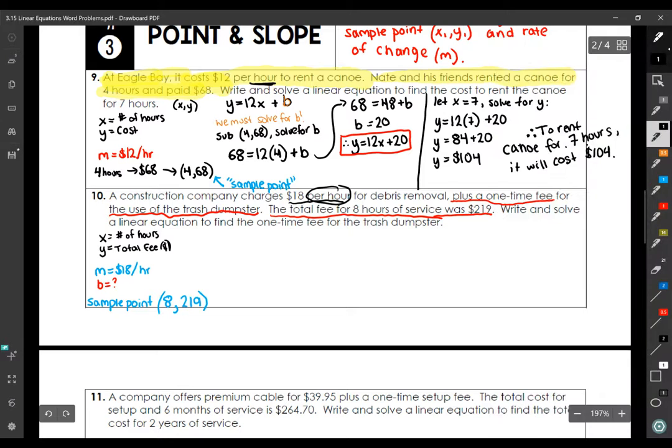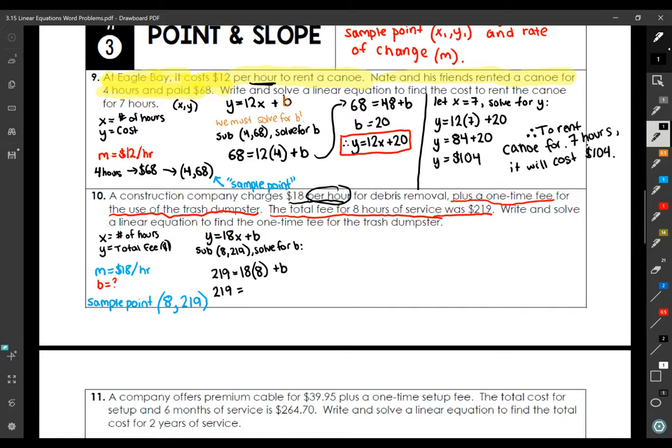So I'm going to say I have y is equal to 18x plus b. I don't know b, so I have to solve for it. So I'm going to substitute the point 8 comma 219, and I'm going to solve for b. Okay, so 219 is my cost. They worked 8 hours. Okay, so now I can rearrange and solve for b. So 219 is equal to 8 times 18. I don't know what that is. 144